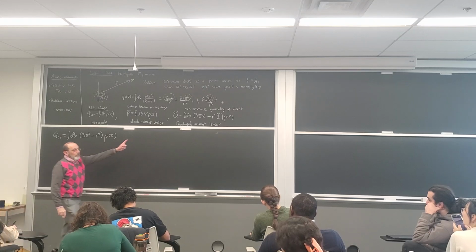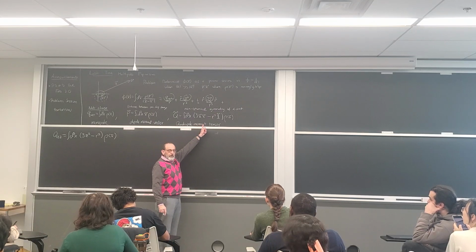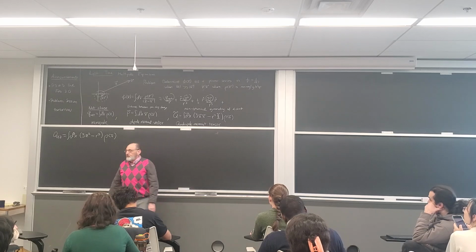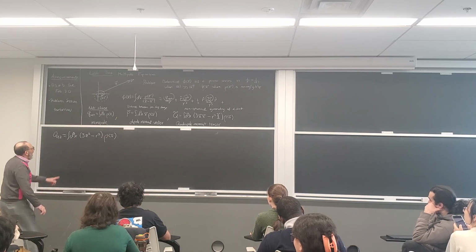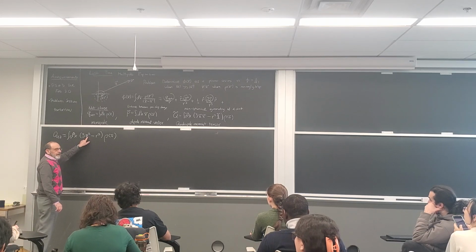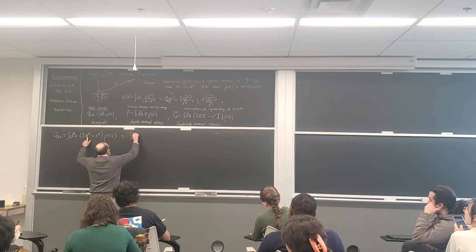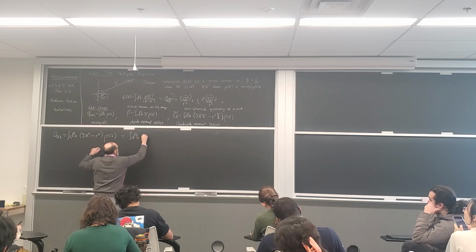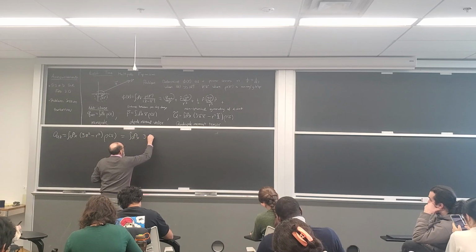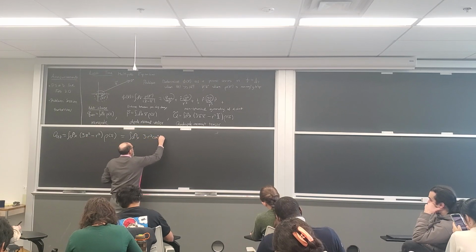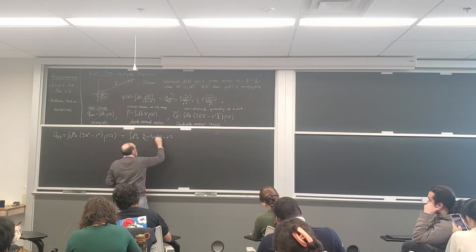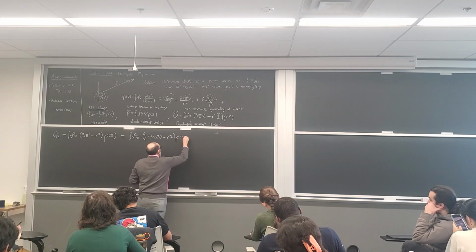Okay, is everyone clear? I'm looking at that particular component of the tensor. And we just said that z is r cosine theta, so this is equal to 3 r squared cosine squared theta minus r squared,